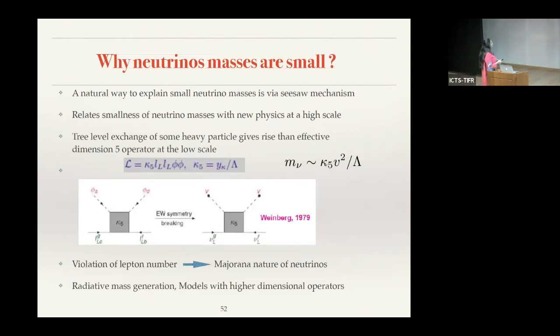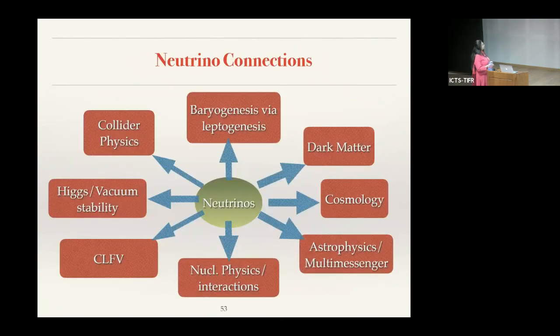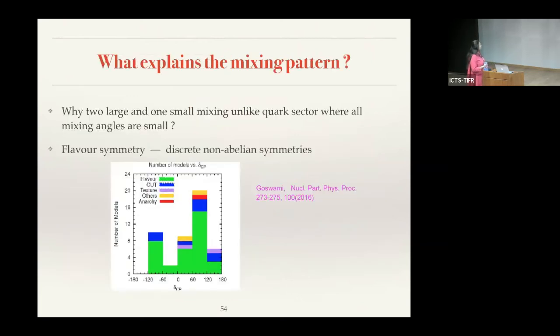And the seesaw model remains the most popular model for this, which explains the small neutrino mass by tree level exchange of some heavy particle through the Weinberg operator. There can also be radiative masses. Seesaw says that there is violation of lepton number, which requires Majorana nature of neutrinos. And there are many connections of seesaw with baryogenesis, dark matter in seesaw models, Higgs vacuum stability, collider physics, etc. And for the neutrino mixing, we would like to know why 2 large and 1 small mixing angle, unlike